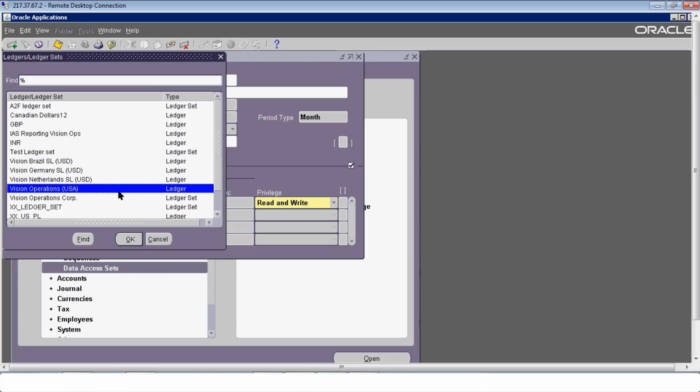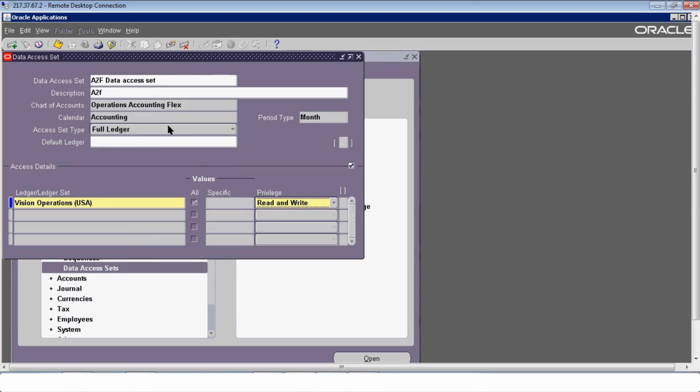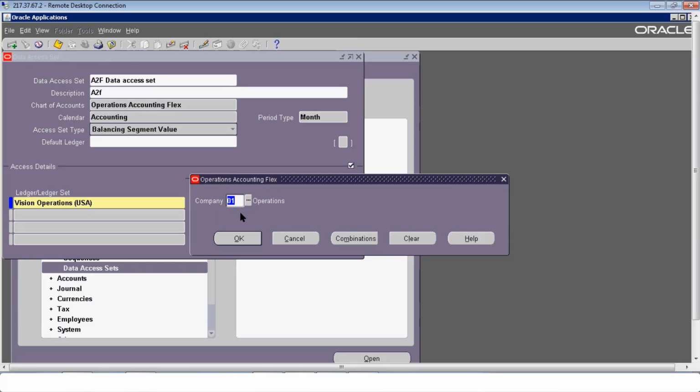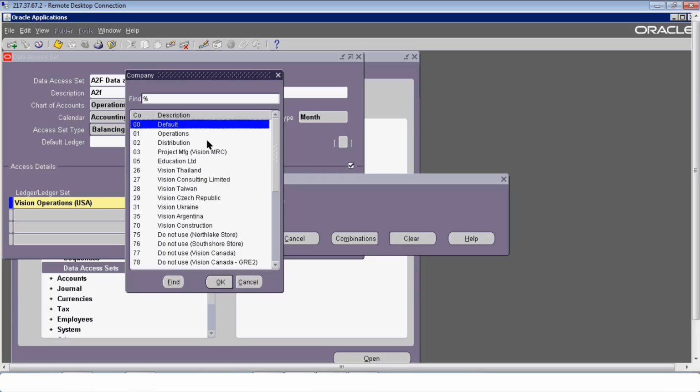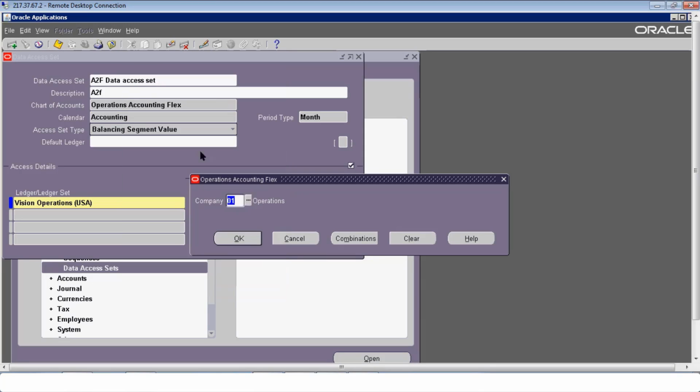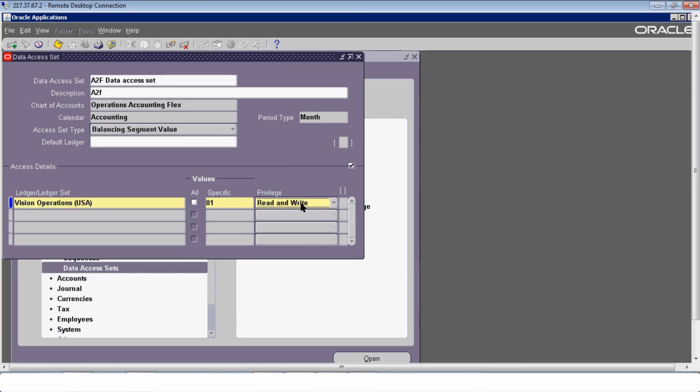I'll select Vision Operations USA over here and I can select balancing segment value over here, and then there is a checkbox over here which is saying as all. If I disable this particular checkbox, then I can select of what balancing segment values I can give access to. So suppose I want to give access to 01 with only read only access, and in the same ledger I have to give access